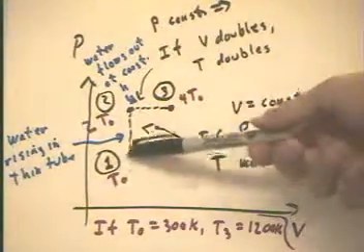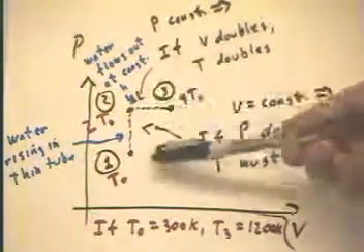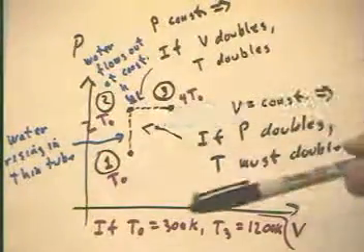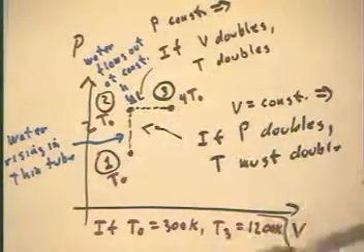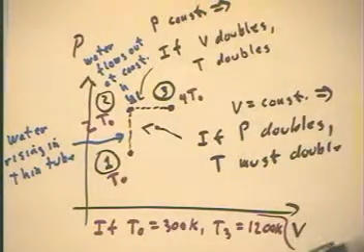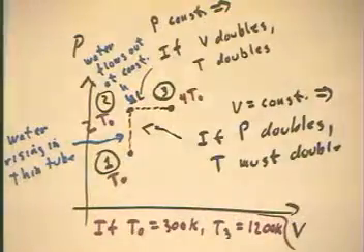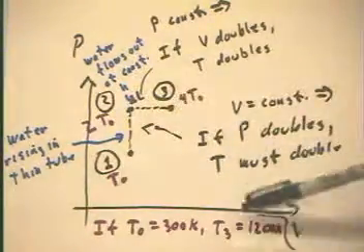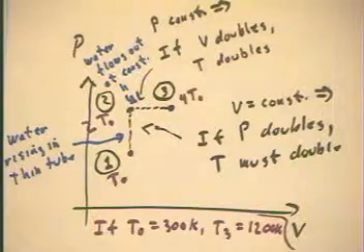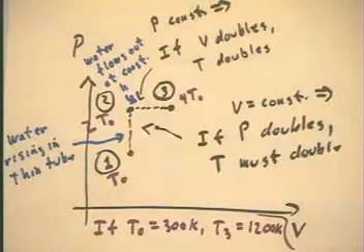Okay, so first place, if this is drawn to scale where the pressure is doubling and then the volume's doubling, we've got to have twice the original temperature and then 4 times the original temperature. If the initial temperature is 300 Kelvin, round room temperature, then temperature here will be 600, temperature here will be 1200. Now let's contrast that